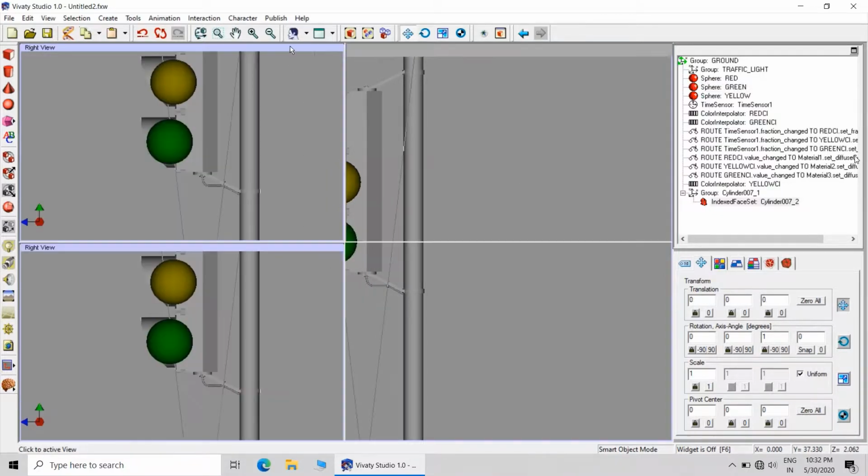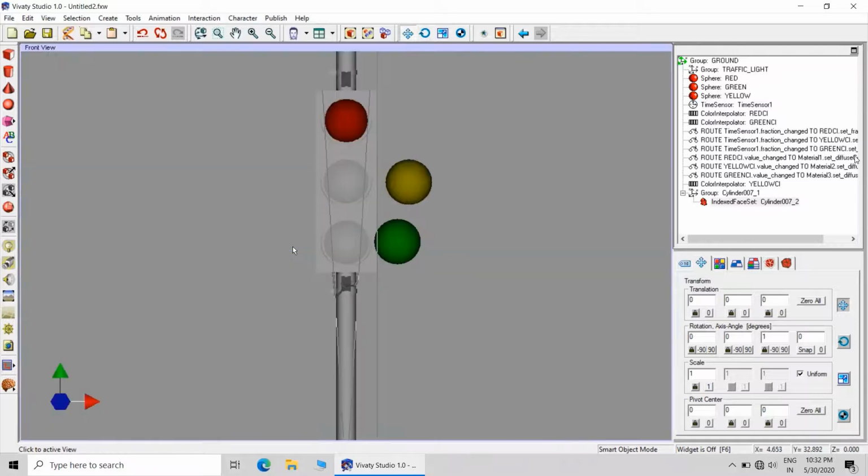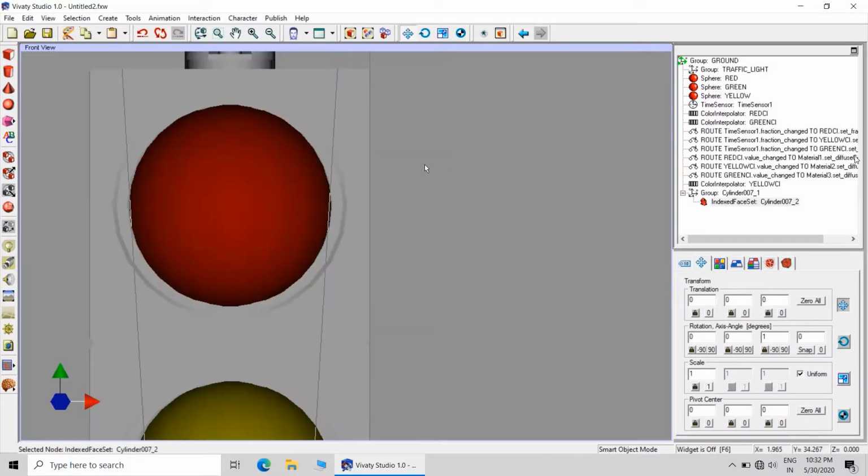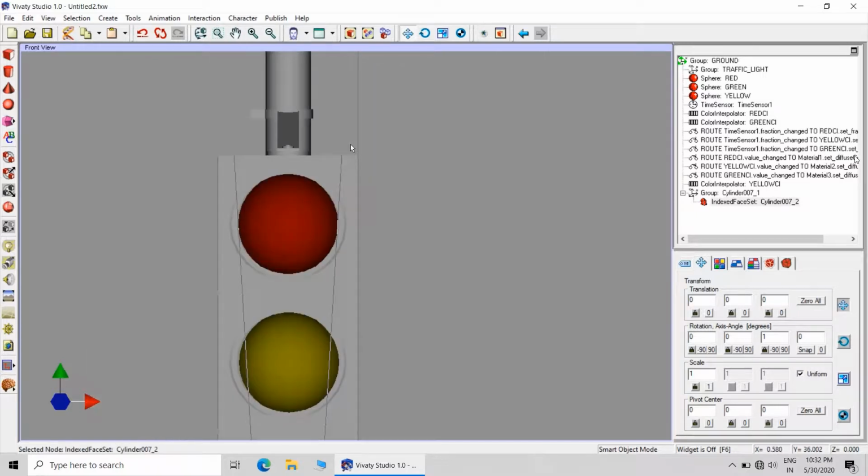And in the other view we can go for placing the spheres in the appropriate sockets. Okay, so now it is perfect.